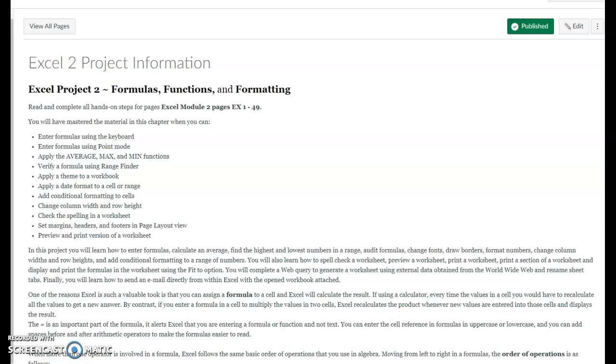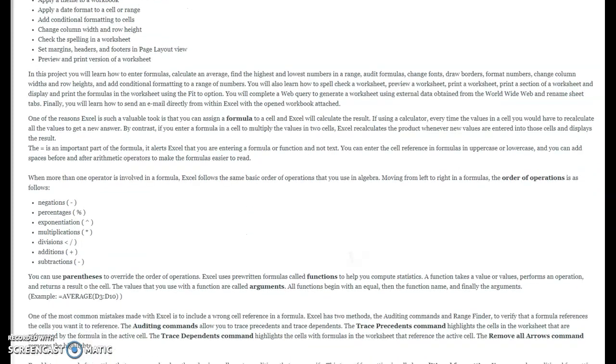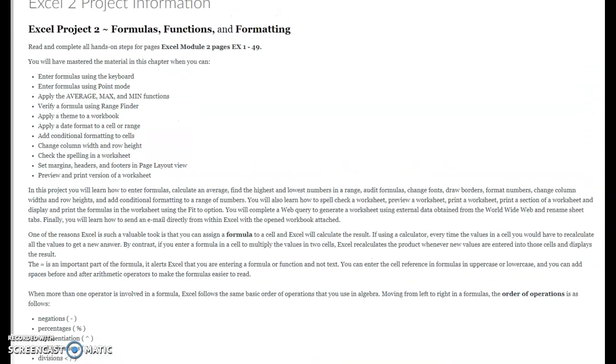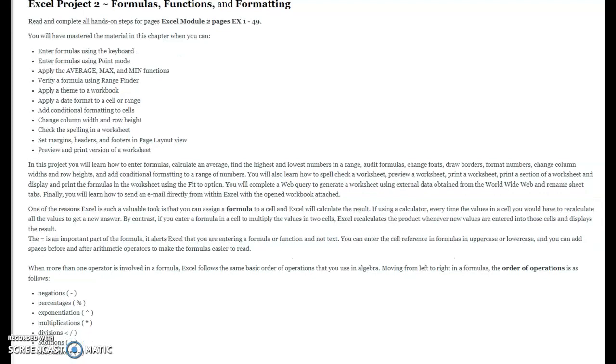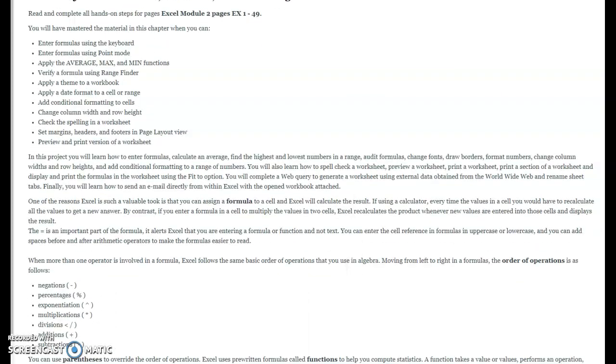Excel 2 project is about using Excel and the functions, formatting, and formulas. In this section, you're going to be learning how to enter formulas using the keyboard. You're going to be able to use some of these functions to calculate averages, maximums, minimums. You're going to learn how to format Excel spreadsheets and set margins and headers and other items listed in these